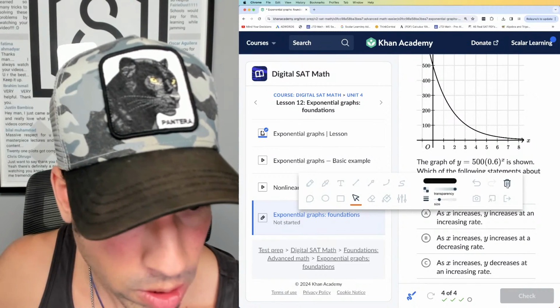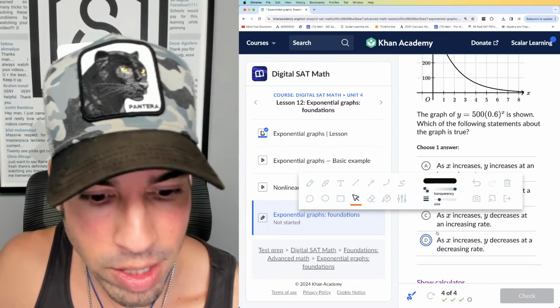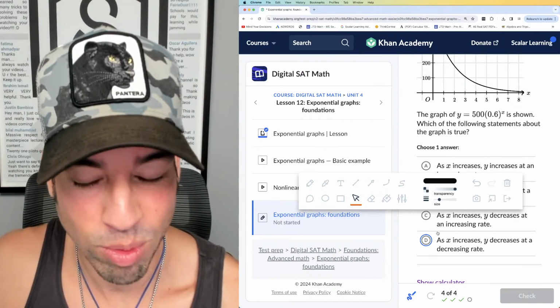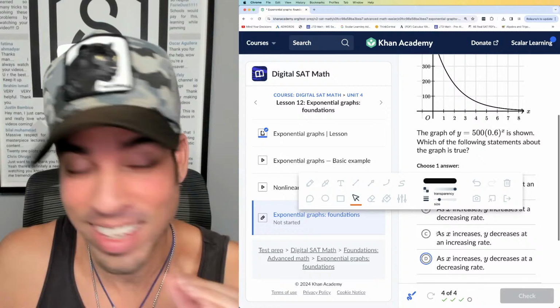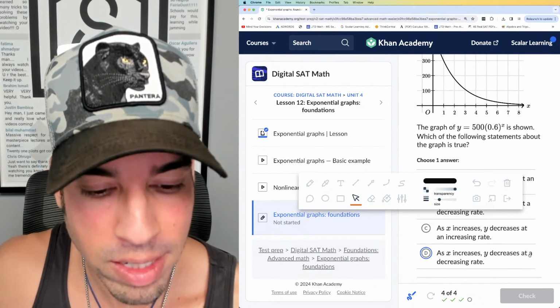All right. So let's see. It's probably option D. Let me just read the wording. As x increases, y decreases at a decreasing rate. The only thing is the wording is so weird. Again, you're not going to see this type of wording on the real SAT, but when it's saying y decreases